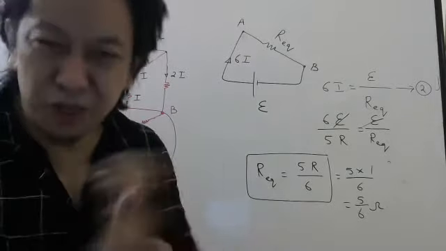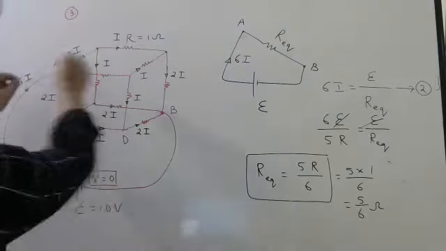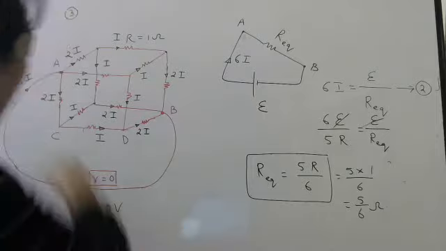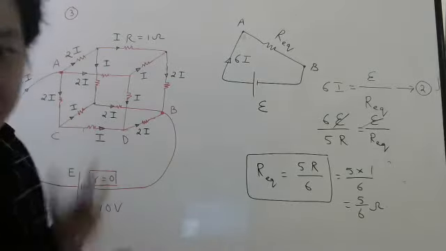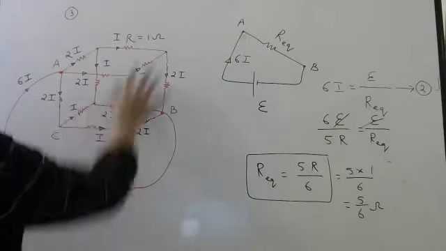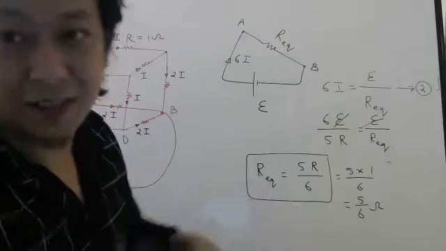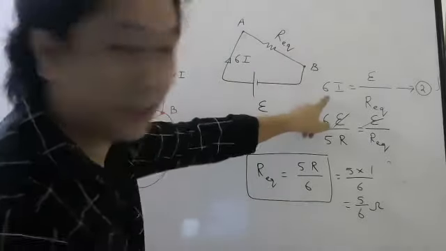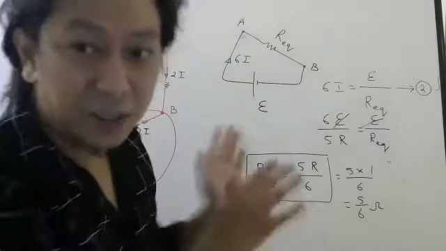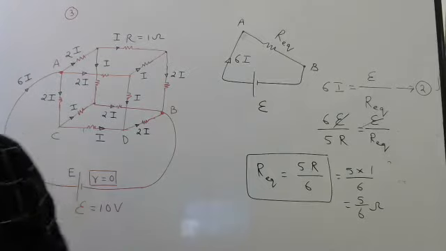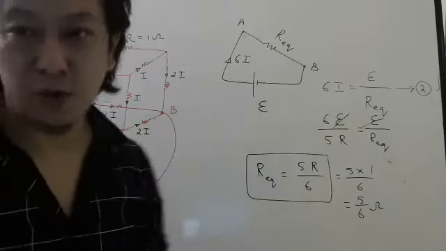Here, you have to do Kirchhoff's voltage law, means you have to show current first. After showing current, you have to apply KVL. After applying KVL, you have to replace all of them by equivalent circuit. Then find the equivalent current, the equivalent resistance. So it takes a little bit of time. By using symmetry, you can easily do this problem.